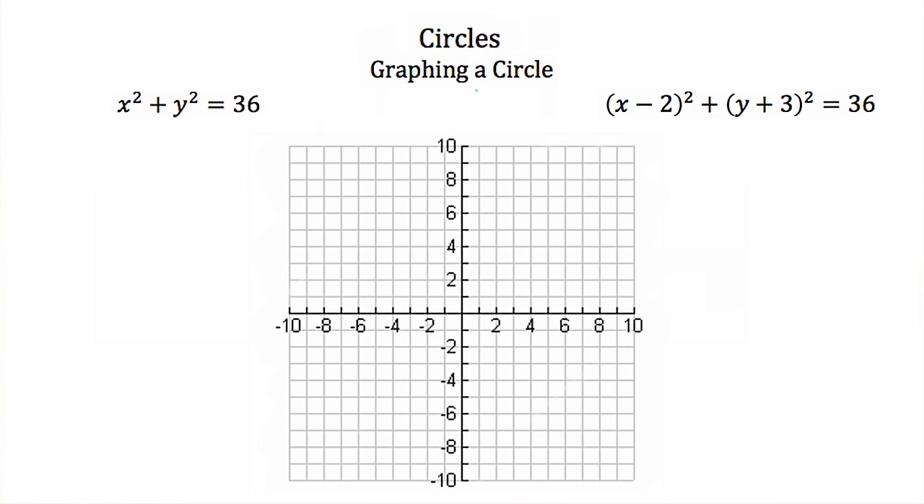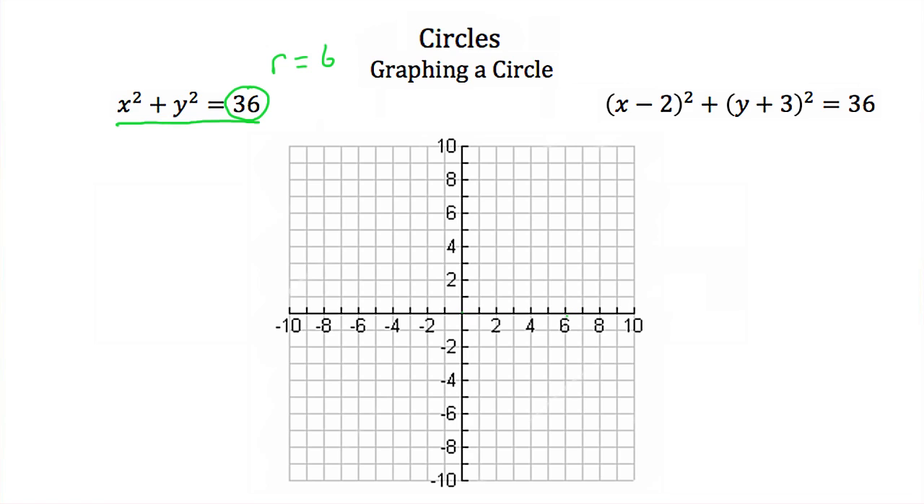Now let's try graphing some circles. Here we're given x squared plus y squared is equal to 36, and we want to graph this circle. Now because this is x squared and y squared, that means that our center is going to be at the origin. 36 is our r squared, so that means r is going to be equal to 6, because 6 squared would be 36. So if we're at the origin as our center, and every point is 6 units away from that center,